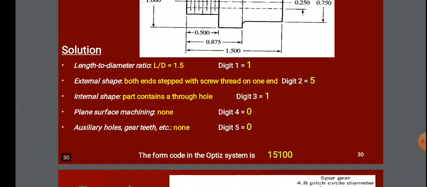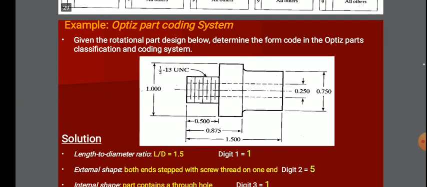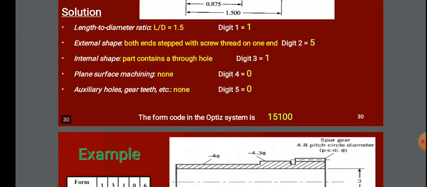So you have to make the form code. The form code in the OPTIZ system is 15100. There are 5 digits in the OPTIZ code form procedure. There are 3 categories in the OPTIZ coding system: one is form code, another is supplementary code, last one is secondary code. Now in the question they have asked only for the form code, so we have derived the form code here.